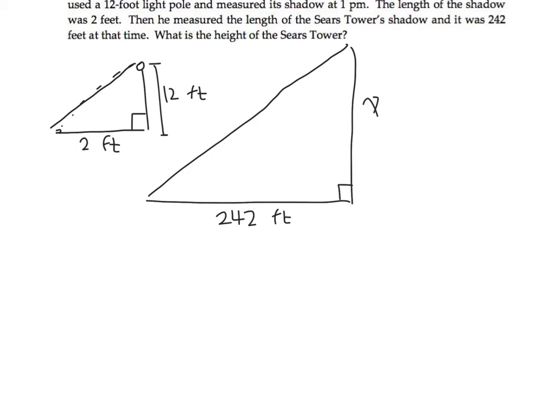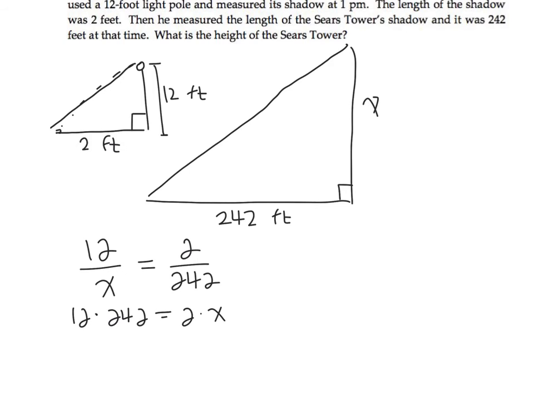So the height of the light pole is going to correspond to the height of the Sears Tower, which we don't know. So we have 12 over x equals the length of the light pole shadow, which is 2, corresponding to the length of the Sears Tower shadow, which is 242. So to solve for the height of the Sears Tower, we're going to cross multiply. So we get 12 times 242 equals 2 times x,